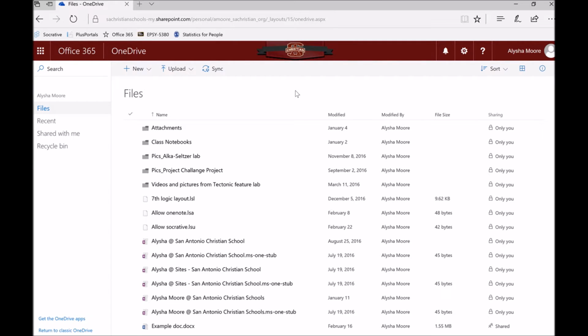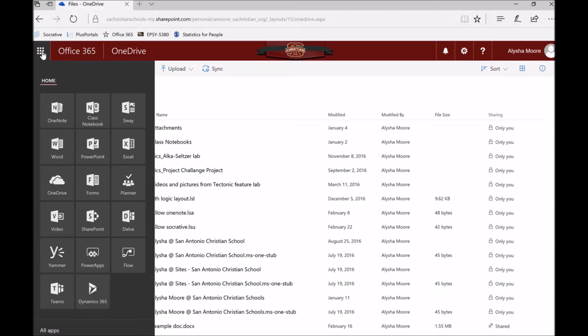Once they are successfully logged in, this is the menu that will appear. Thankfully, we get to ignore most of this. Next, all you have to do is come up to the top left up here, click on the icons box, and you'll get a new menu of icons. For our purpose of the video today, we only want OneNote, even though you can see there's a lot more options out there. So select OneNote,